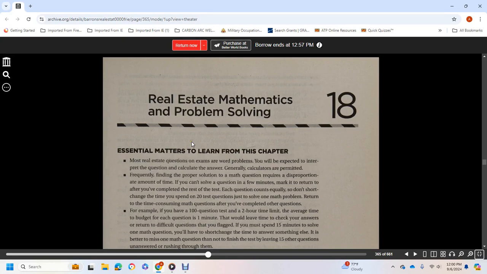Alright, Real Estate Mathematics and Problem Solving, Chapter 18. Essential matters to learn in this chapter. Most real estate questions or exams include word problems. You will be expected to interpret the question and calculate the answer. Generally,